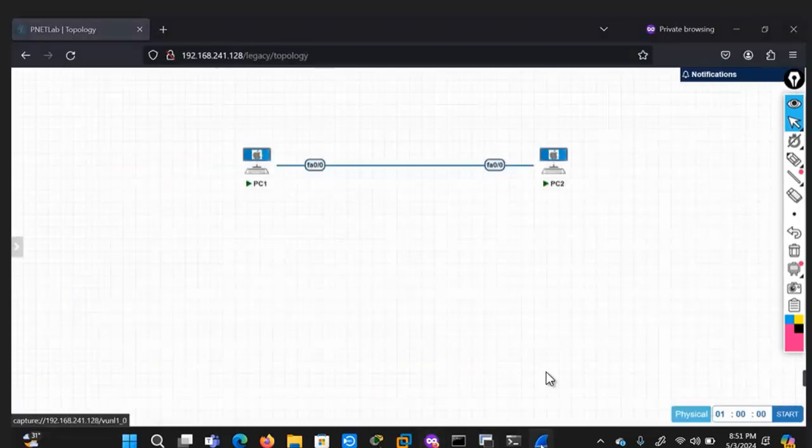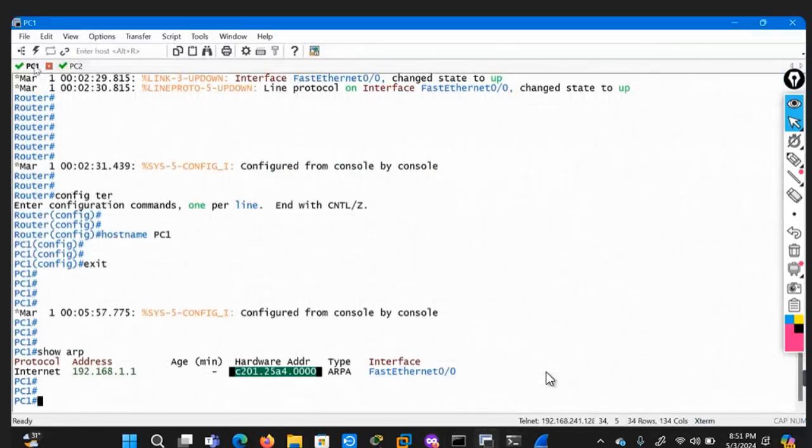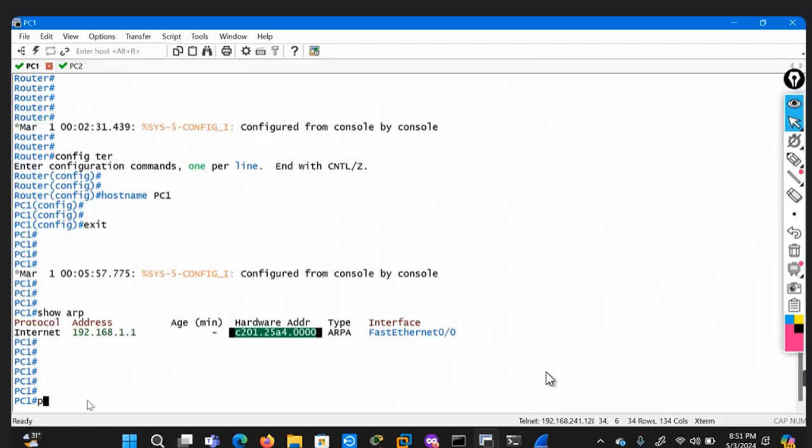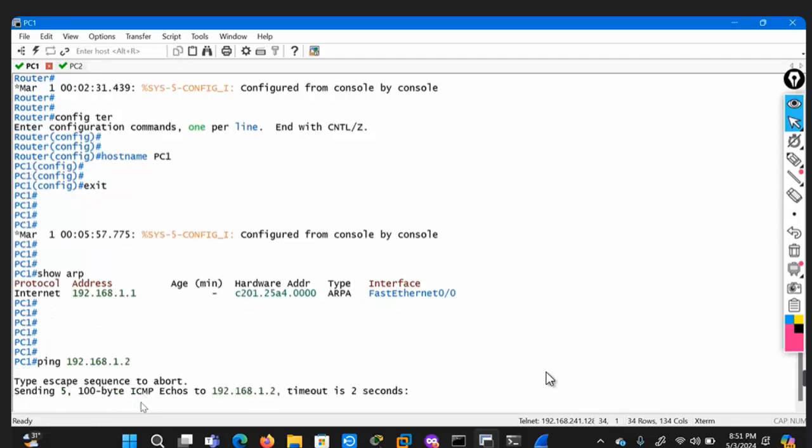So I am capturing the packet in PC1, right? The link Ethernet 0/0 of PC1 is captured in Wireshark. So I am using the ping command in PC1 to check the reachability towards PC2 so that we can see the ARP message. So simple ping 192.168.1.2. I will be pressing the enter key. I would like to make you understand this ping command is the utility that is used to check the reachability between two end hosts. So the IP address that is entered here is the destination IP address. So let me press enter.